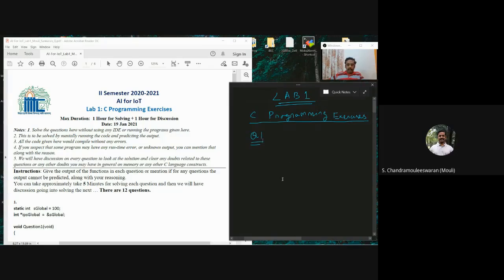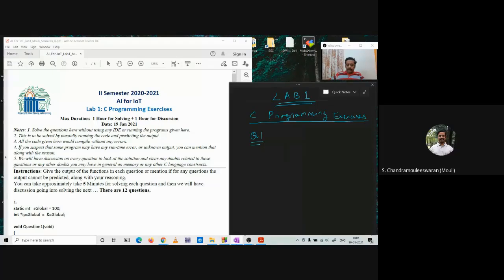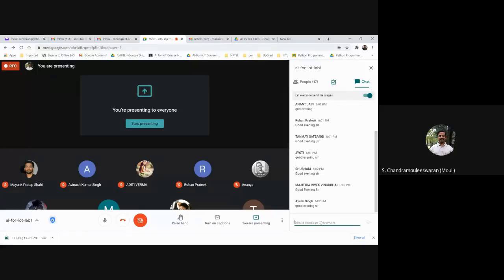I have also written the program in an IDE. We can run it later on. But let us first see the questions one by one without running any of them. Before I start, any suggestions, anything you want to share? Is the format okay, or do you want me to change anything? Okay, we'll see as we proceed. If you find that something can be done differently, please feel free to tell me.